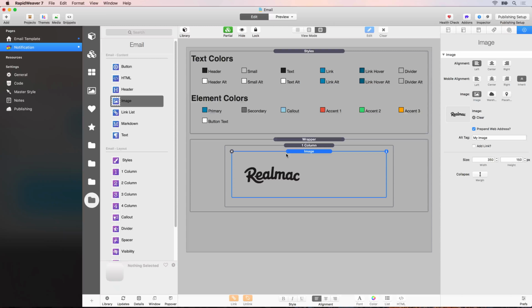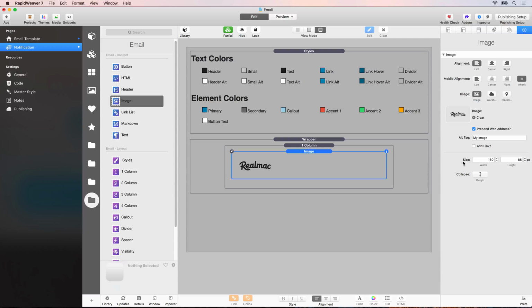Then what we want to do is set the width and the height, and what we want is 160 by 85, and that is essentially so that this is half the size of the original image, so it's sharp on Retina devices. Then what I'm going to do is collapse the margin or remove the margin from the image. So now if we press Command P on the keyboard, we can preview that in the browser,